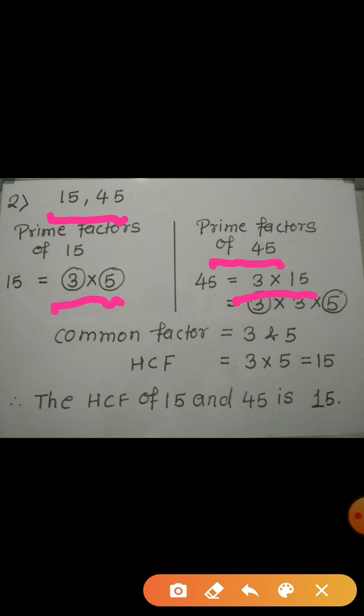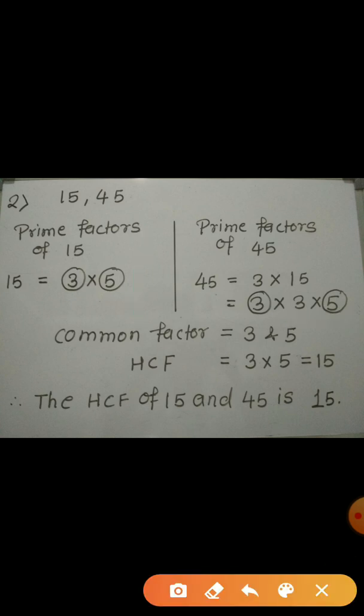While writing the prime factors, we always start with the smallest prime factor. So I have written here 3 into 15. But if you want, you can write 9 into 5 as well. Now, in 3 and 15, 3 is a prime factor, but 15 is not. So again we have to factorize 15 into its prime factors. So 15 can be written as 3 into 5, as we did in the first case. Now, all the factors of 45 are prime.